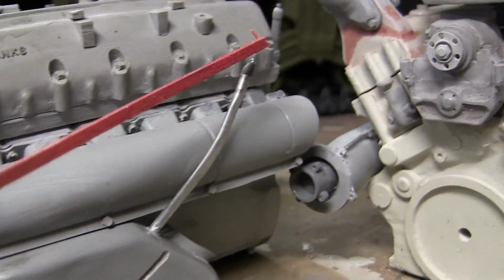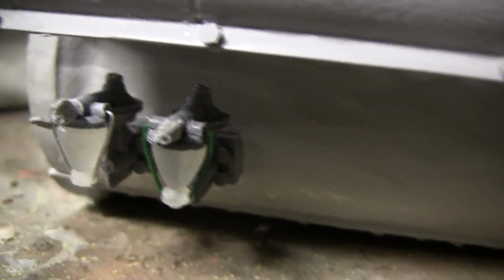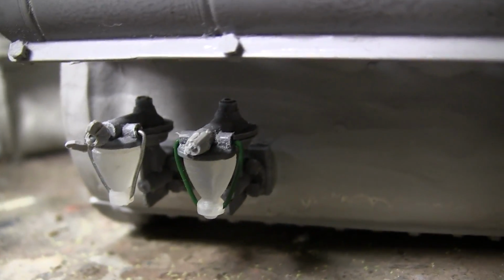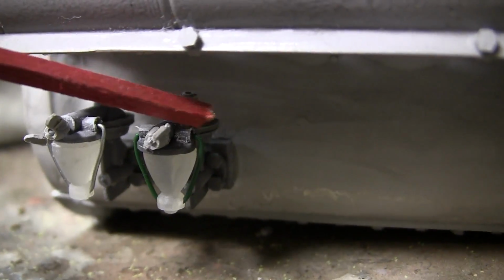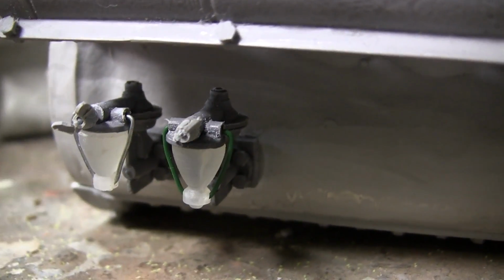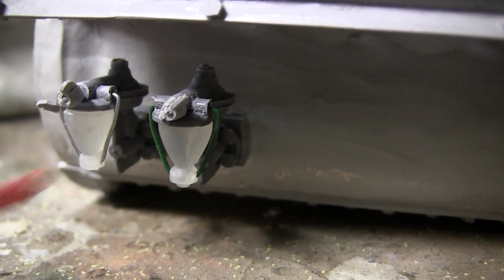Here we have the oil tank filler, which is all one piece. We have the engine's fuel sediment filters. On vehicles of this era, it was very common to have sediment filters mounted to the engine or somewhere along the fuel lines. The way these worked was that fuel would flow into this unit, flow into this jar, and if the fuel contained any heavy objects such as rust from the fuel line or any other type of debris,